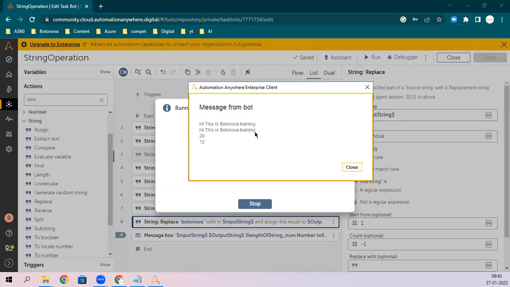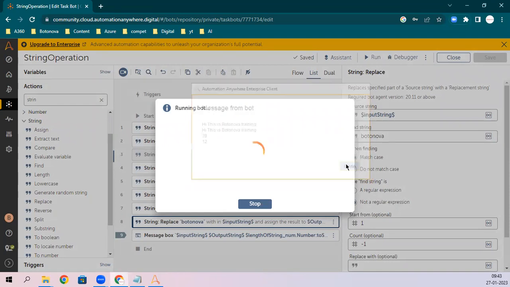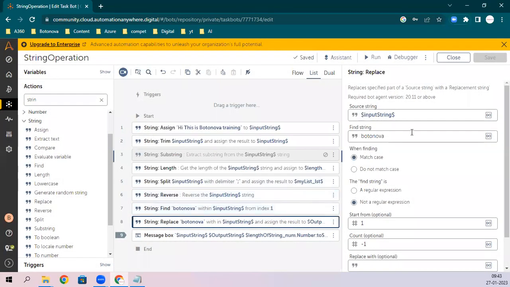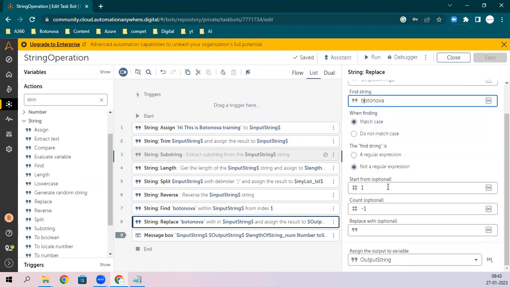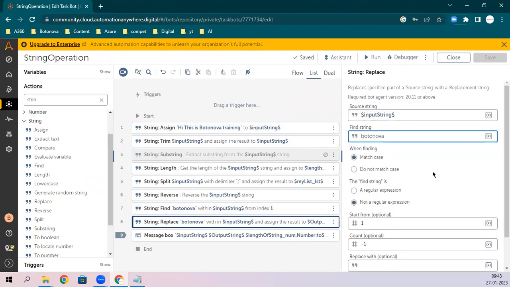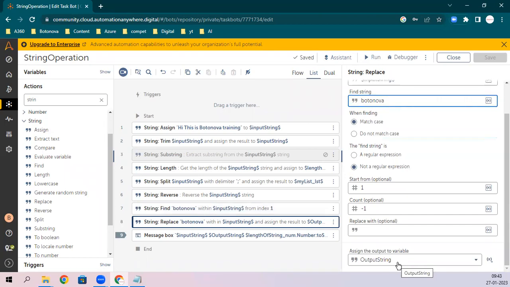I match the casing, so you will get whatever string you had initially, because it didn't find Botanova: I matched the casing, and this is capital, this is capital, this is small. So with match casing, it is not able to find. So it has not replaced, and it assigns the input string directly to the output string. Okay? Any doubt?